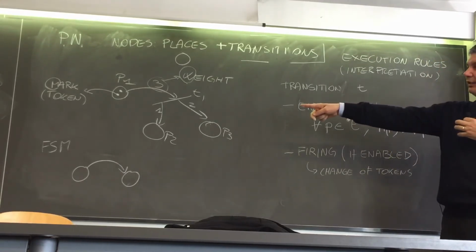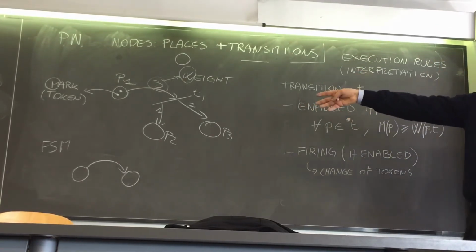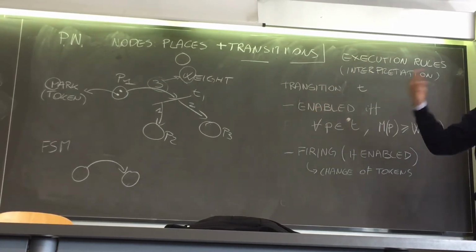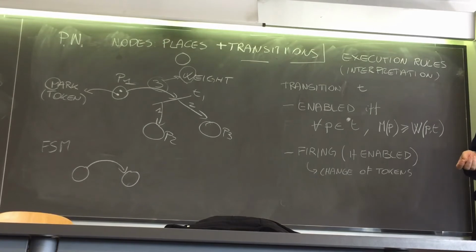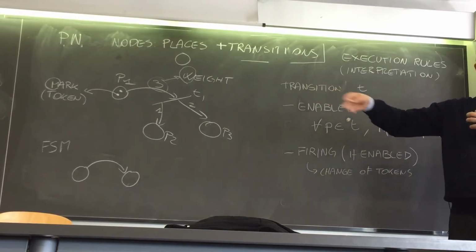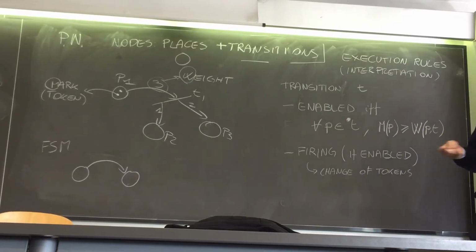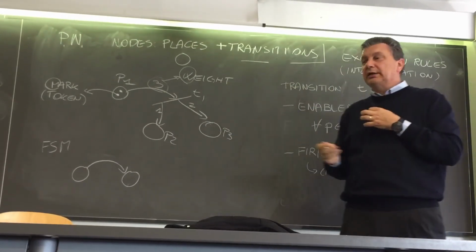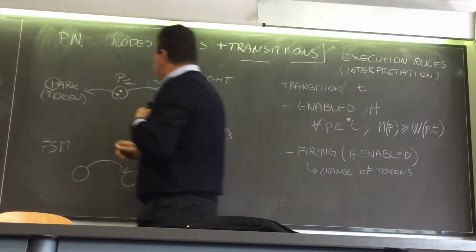So this is not enabled. What can I do to transform, in my example, this transition into an enabled transition? Okay. I should add more tokens, for example. Or if this is just an example, I should reduce the weight. Okay? So let's